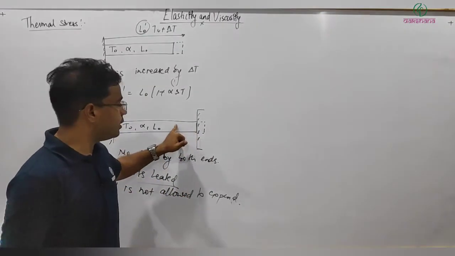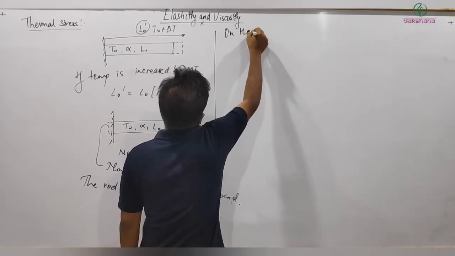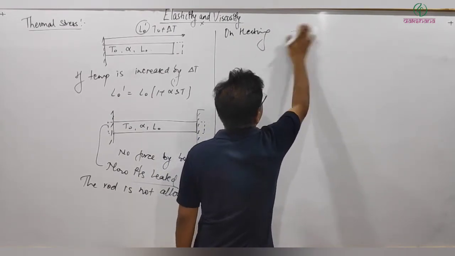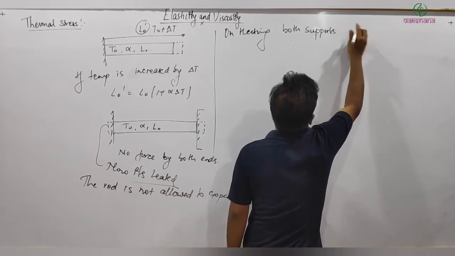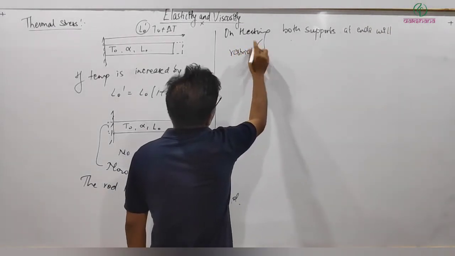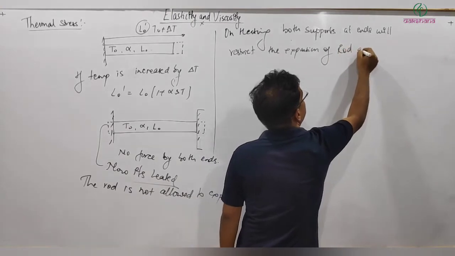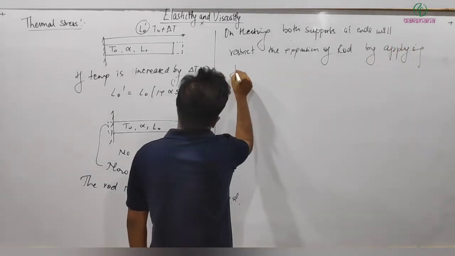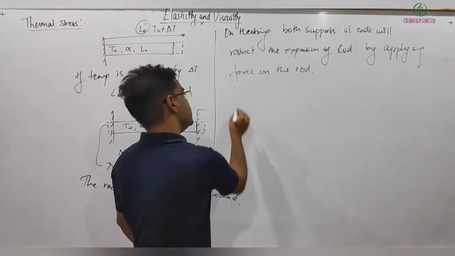In this situation, the rod will experience some force due to these supports. So here, on heating, both supports at the ends will restrict the expansion of the rod by applying a force on the rod. So this force will create stress, and that is termed as